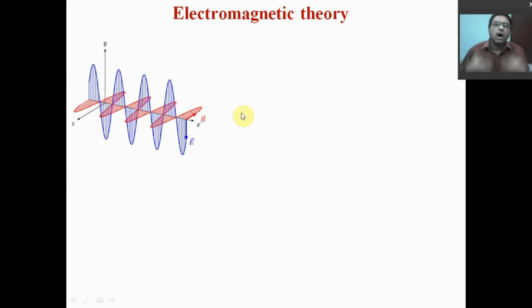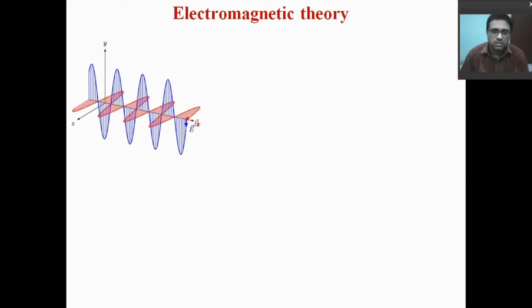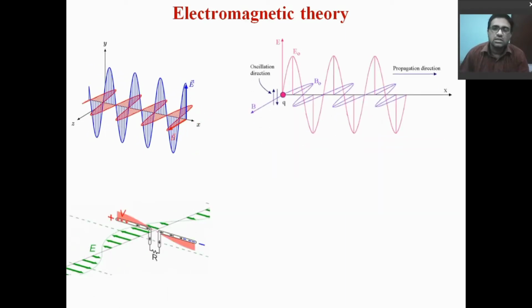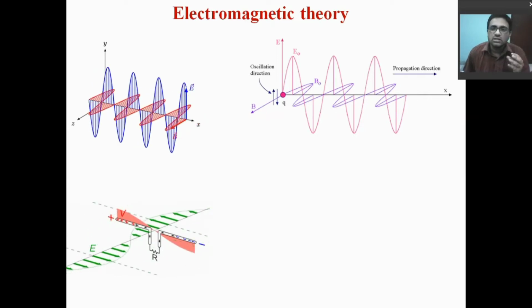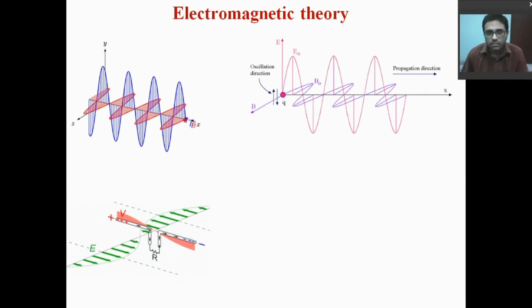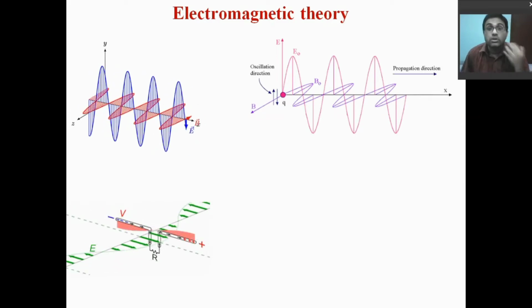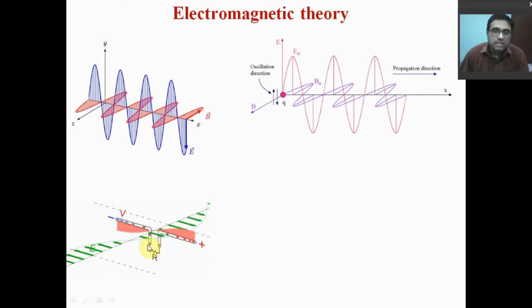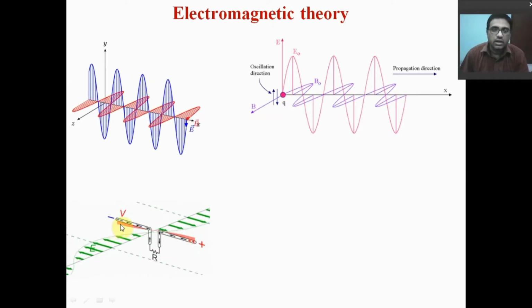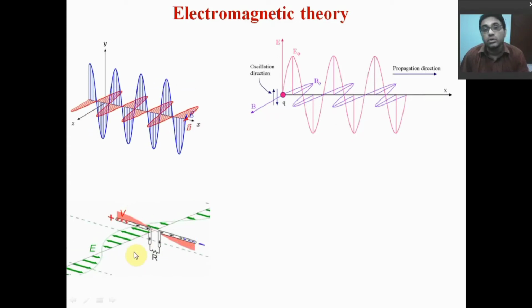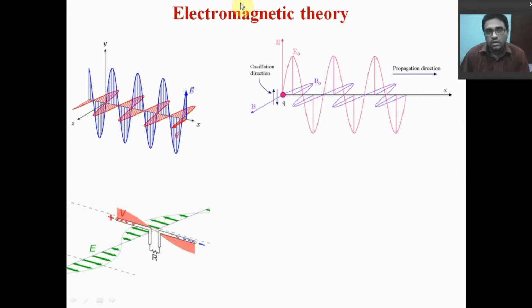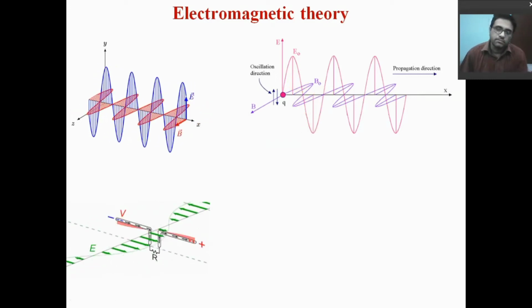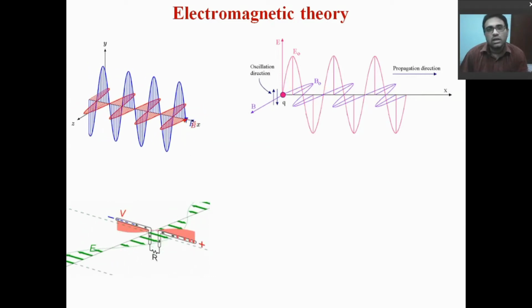Now how is an electromagnetic field generated? That is the first question one should ask. Suppose we have a charge, and you know that a static charge will produce an electric field, right? Now, when it oscillates, it will produce an electromagnetic field. Suppose I have a circuit, and if I send an alternating current through this circuit, it will produce an electromagnetic field. Now, as this electromagnetic field is a wave, it will be associated with a wavelength, right?